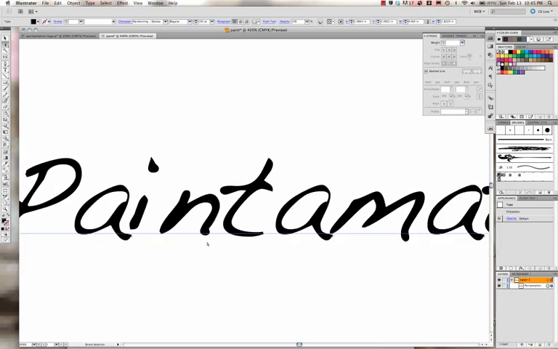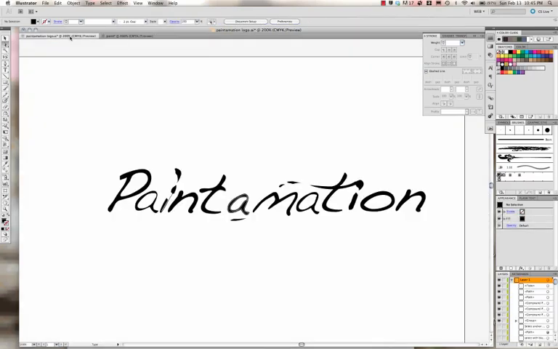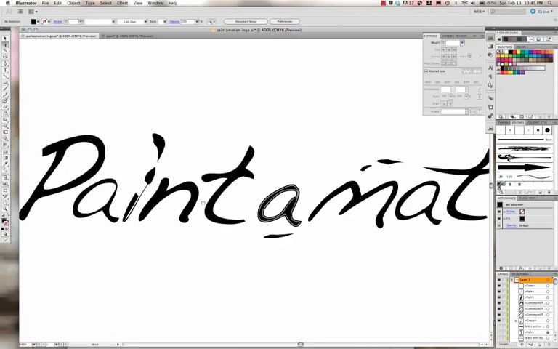First thing I want to do, if I look back here at my modified logo, is I've converted the eye into a paintbrush. It's a pretty obvious sort of thing. Paint, and then for the dot in the eye, I have a smear of paint or drip of paint. And then I also have this little underscore for the A to let you know that this is sort of a